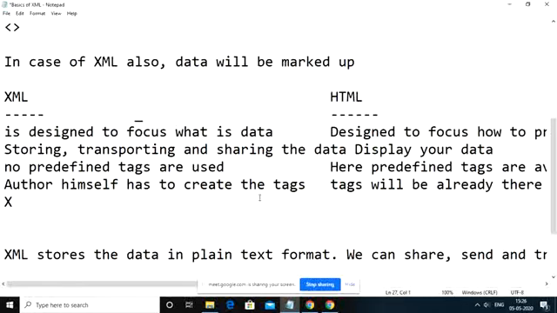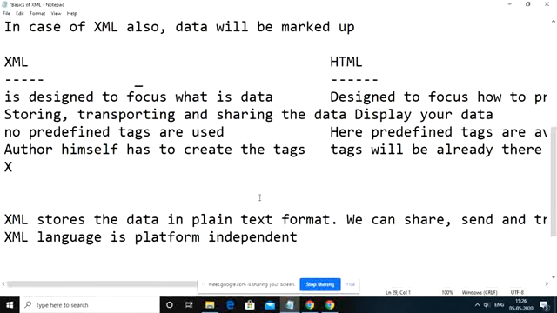Okay, and some more features of the XML language. XML language is platform independent. Whenever we say platform independent, it means it can be supported by any operating system.